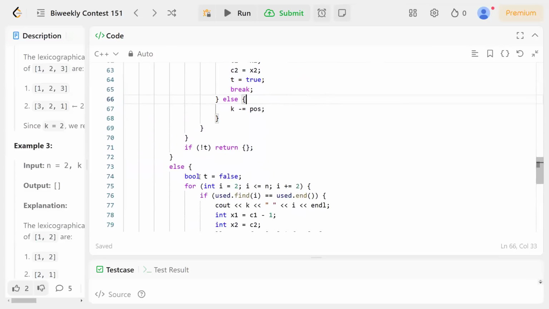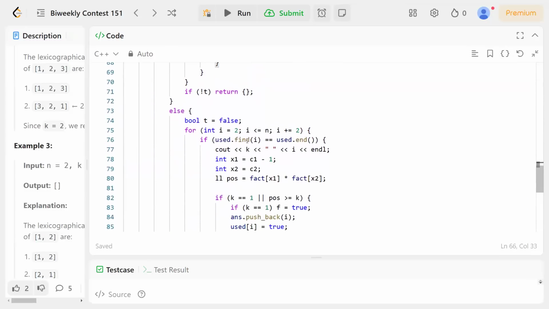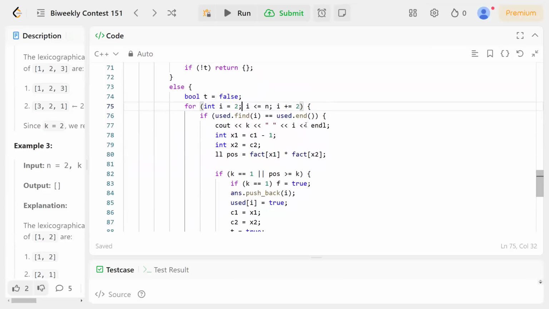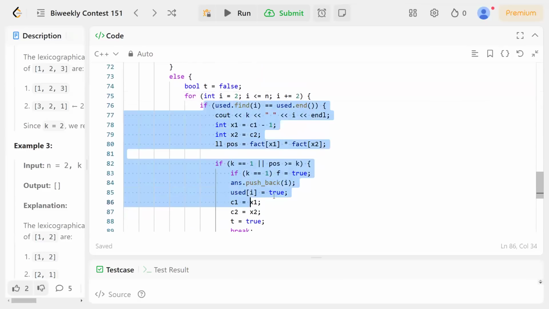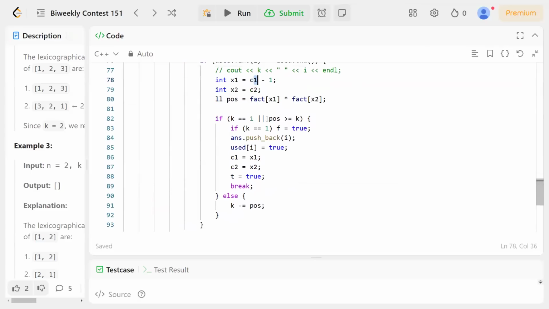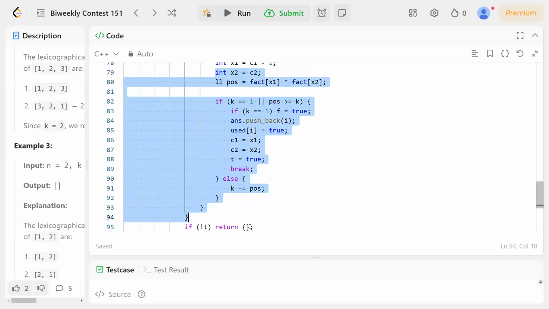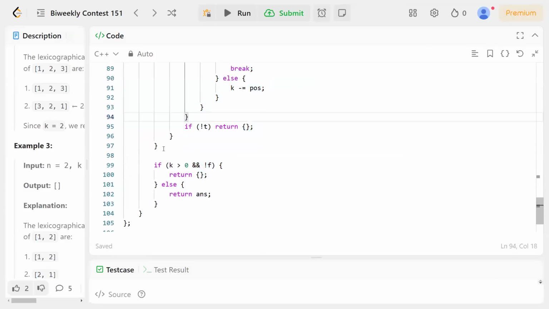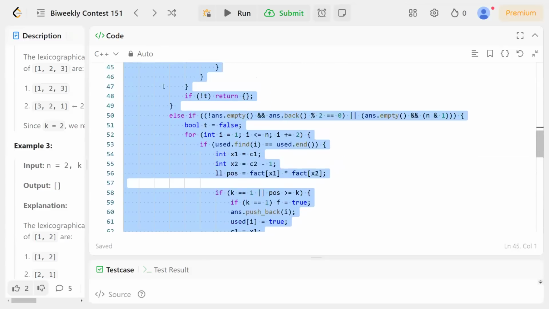Similarly for the else part, when we know that we are going to fill the current position with an even number, I start iterating over every even number from 2 to less than or equal to n. And again, the same thing: if I have not used that number, so let me just comment this thing, then if I use it, how many do I have? And again, entirely the same thing. So after coming out of this while loop,